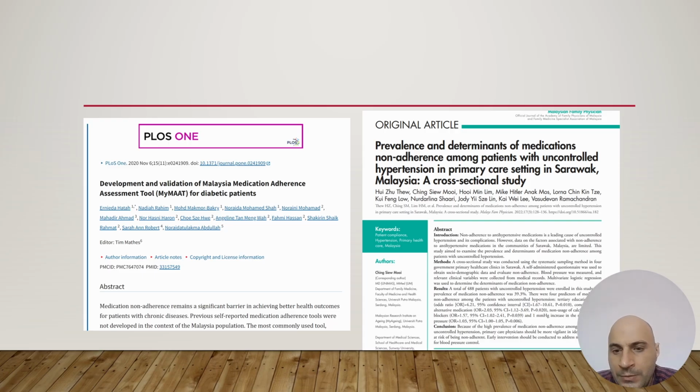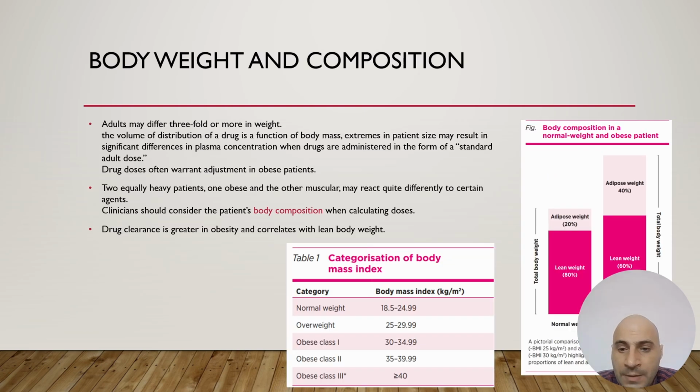There are people who are also prescribed hypertension medications that they don't take, even at young ages. Another factor would be body weight